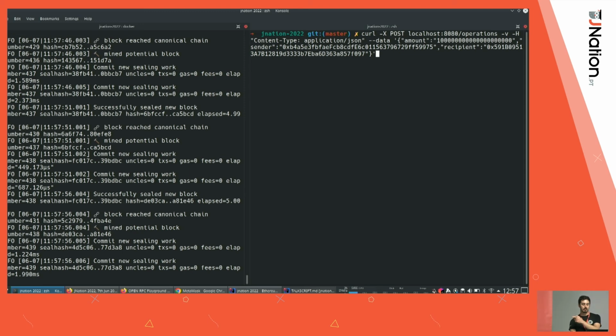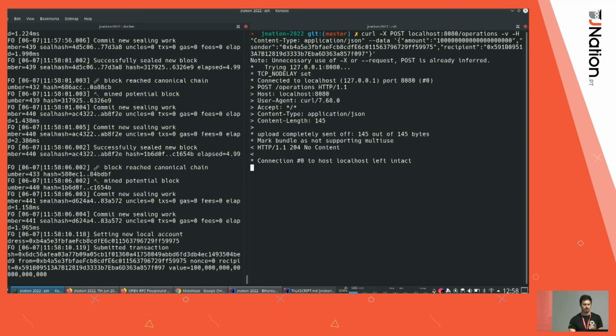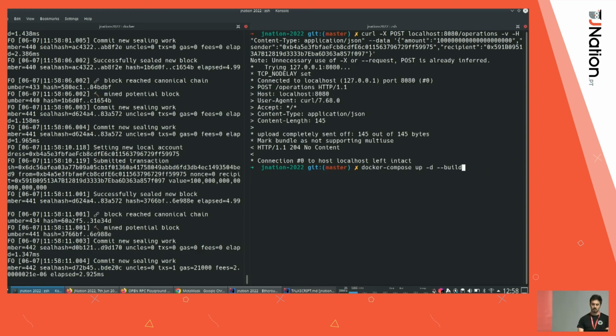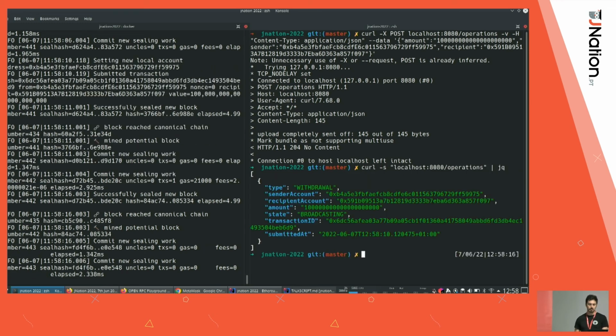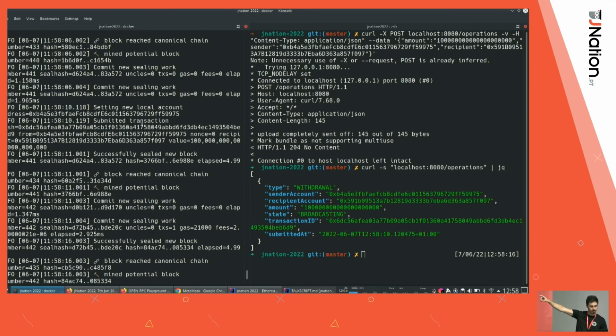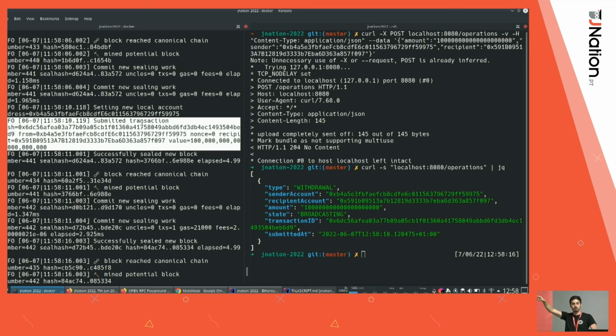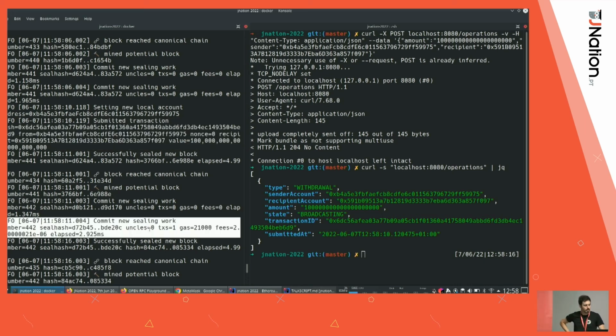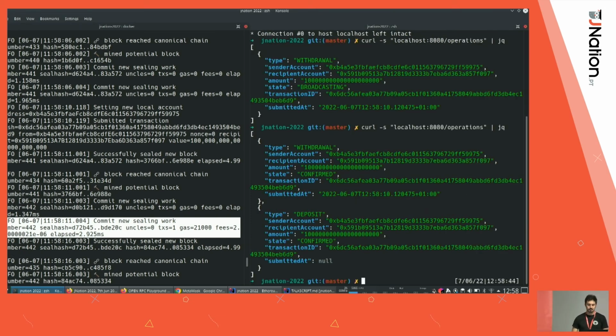So here we will send an operation given the B4 sender and the 59 recipient. I'm sending 100 ETH. So I can check here the operation. Here it's broadcasting. You already saw on the top, submit a transaction. Oh, it's already running. Here, submit a transaction. Okay, it got received, and then it got mined into a block here. So it went into the 442 block of the blockchain. If we check again on the state, we already have it marked as confirmed, and we got here